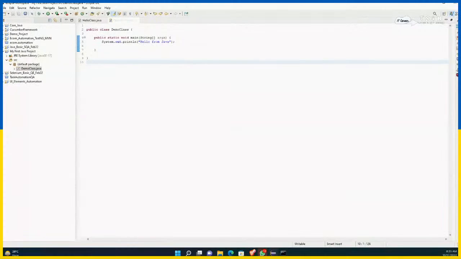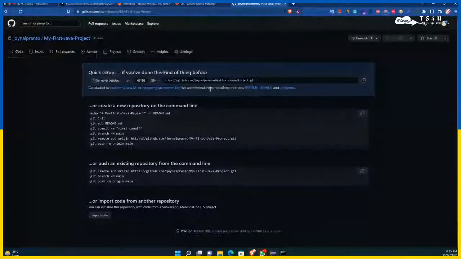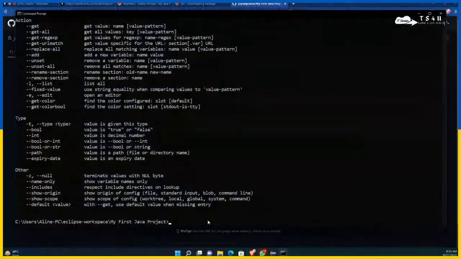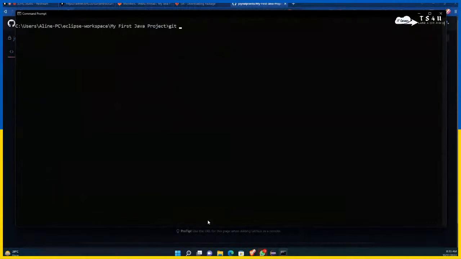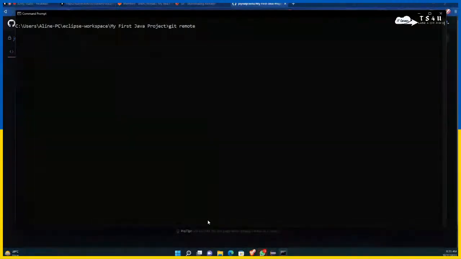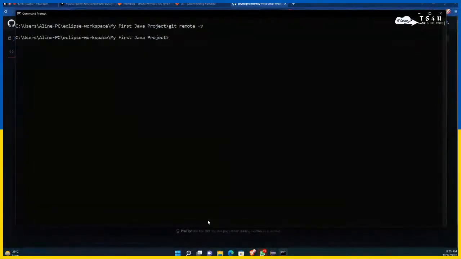But I think you have to add a remote repository, git remote add, and then the URL. Okay, so you are saying this one, right? I mean, connect with my repository. Okay, yes, fine. You can check so by git remote -v. Yes, there is nothing. So git remote